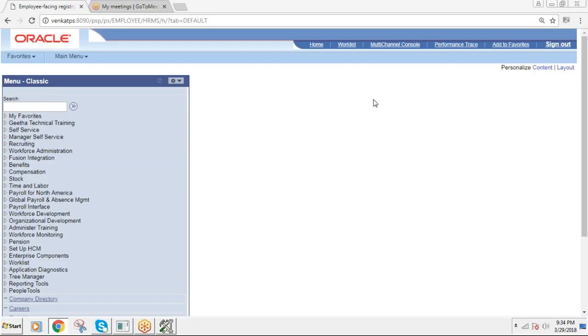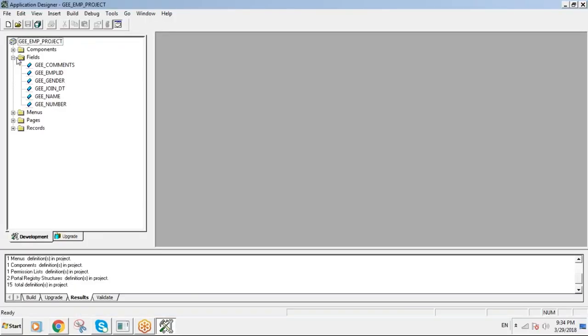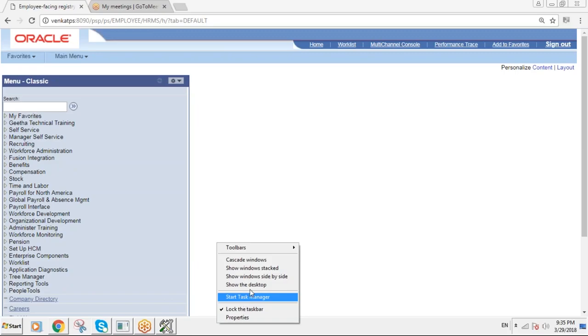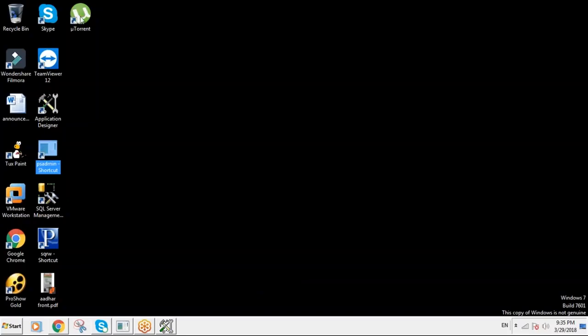In the last session, we just completed the field discussion and we learned about how many types of fields are there and translate fields. Now coming to the record. Before discussing the record in the application designer,